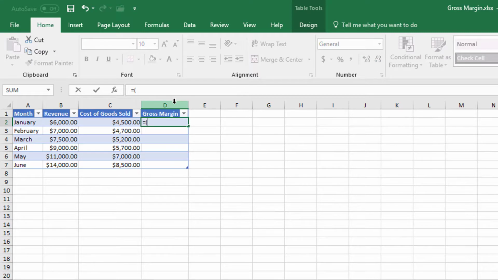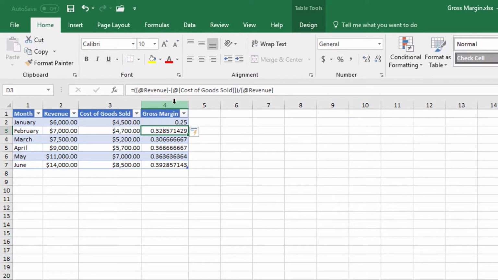So to get to gross profit, you just take revenue and you subtract the cost of goods sold. Now that we have gross profit in this part, we're going to divide gross profit by revenue to get our gross margin, and magic happens and we have the entire table already filled out. Now I don't want it in just a decimal. I'm going to swap this over to a percentage,